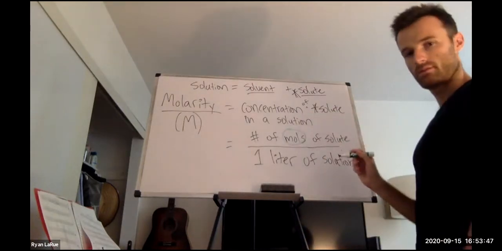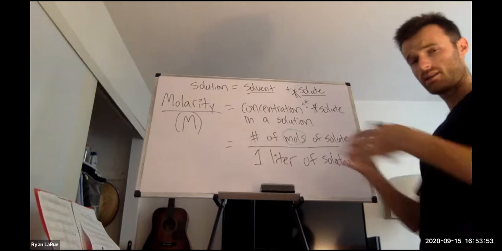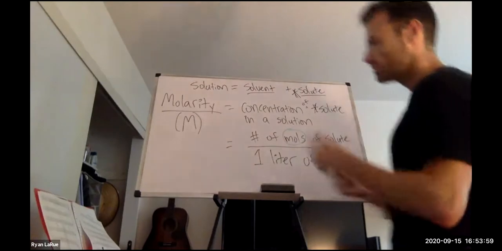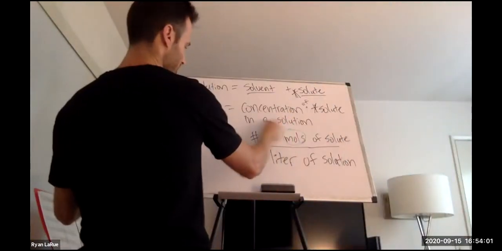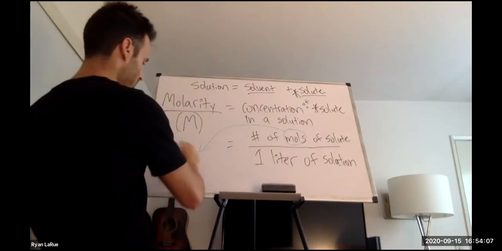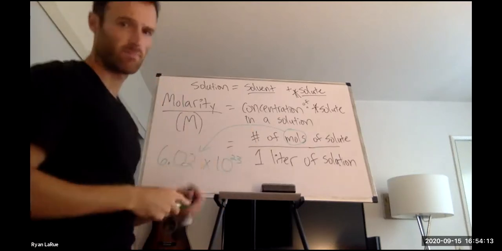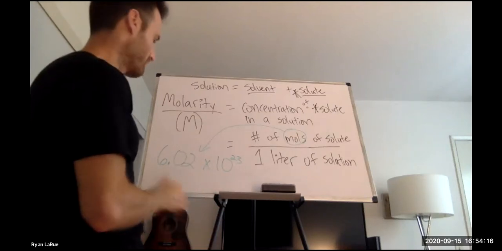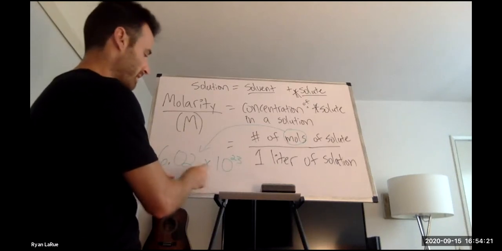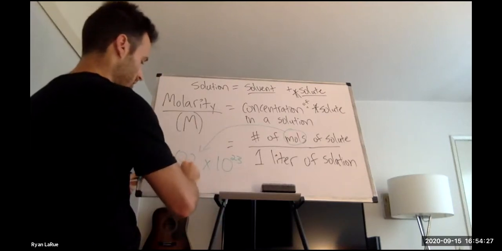A mole is weird. It is this random number called Avogadro's number. We're getting a little bit into chemistry, so I'm going to kind of keep it at bio level. But 1 mole, it was a simplified thing. 1 mole is this crazy number, 6.02 times 10 to the 23rd. It's a massive number. This is 1 mole equals 6.02 times 10 to the 23rd, and we're either talking atoms, we could be talking